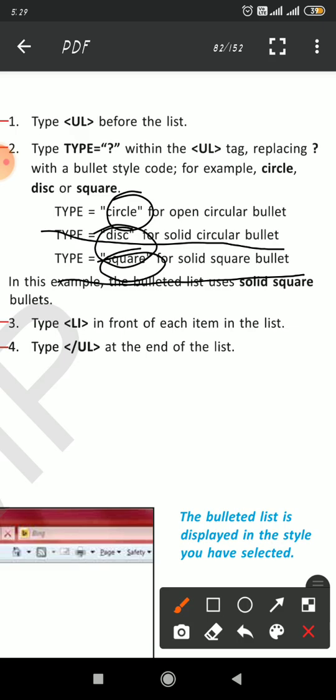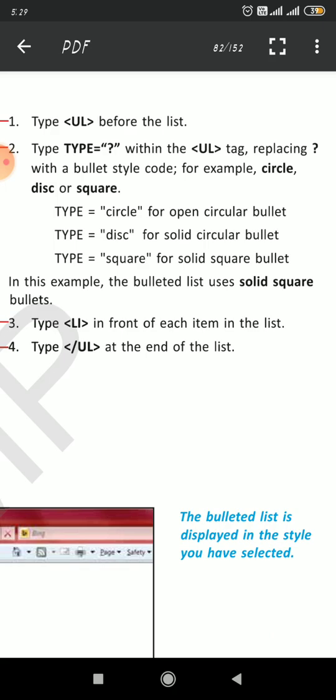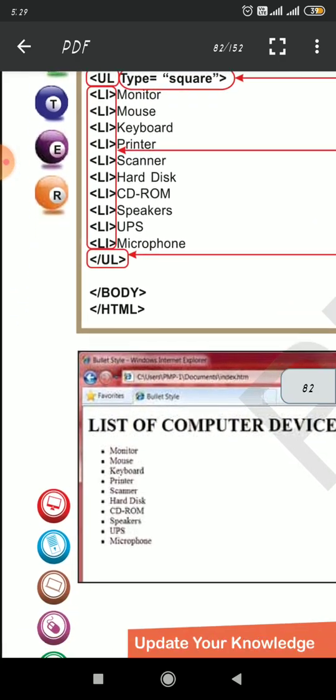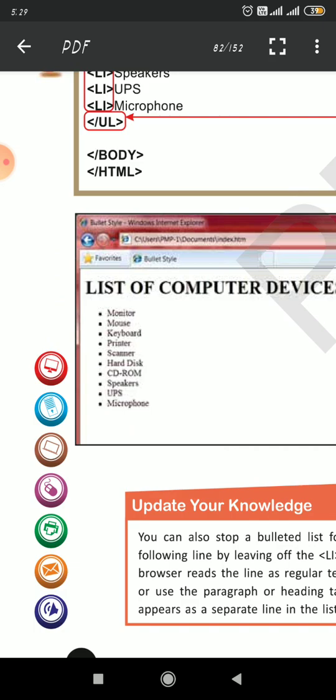In this example, the bulleted list uses solid square bullets. Type LI in front of each item in the list and type \UL at the end of the list. So you can see the result. This again came with a black dot style.